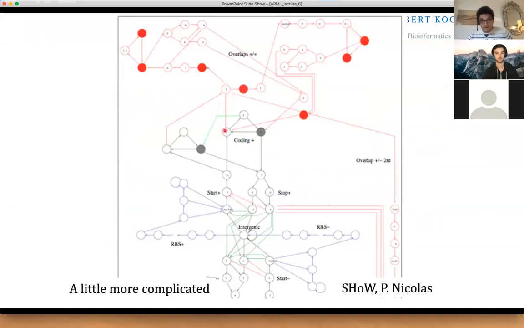But then when you start to get a little more into the biology of it, it gets a little more complicated. It's like our monopoly example, because sometimes you can have an overlap between the start of a gene and the end of the other one. And that's what you get here with those additional red links. And you can also integrate the fact that in the beginning of a sequence, there can be a sequence with a particular composition, like here, a ribosome binding sequence, which is responsible for the binding of a ribosome. That's a clue you can use to help decide which start is the best.